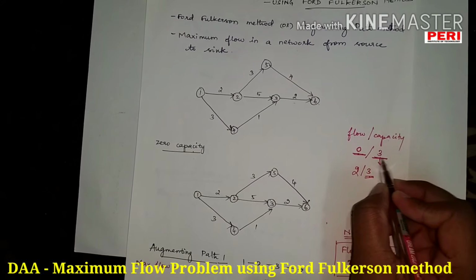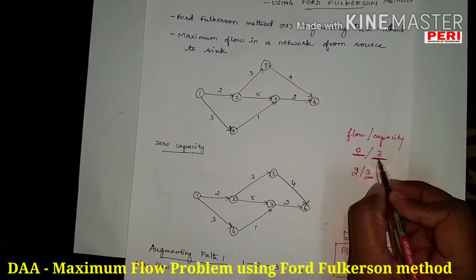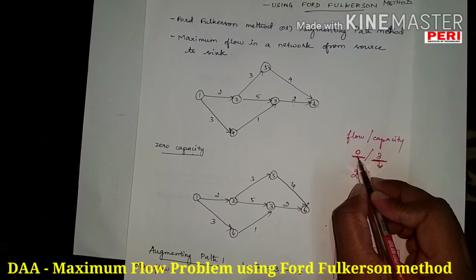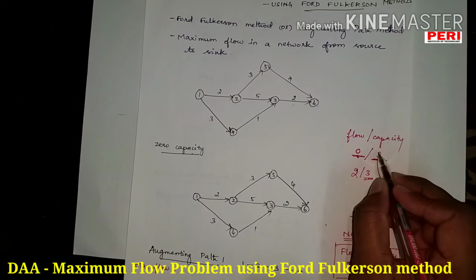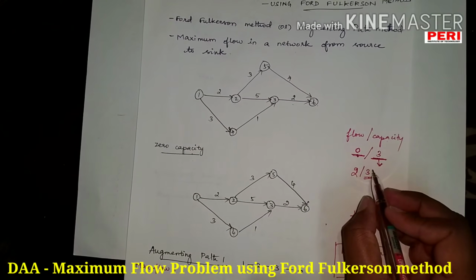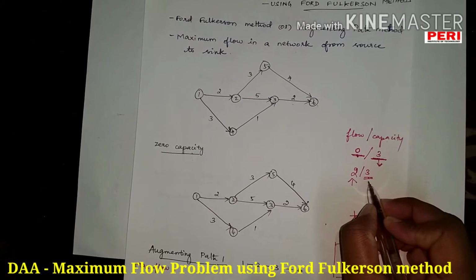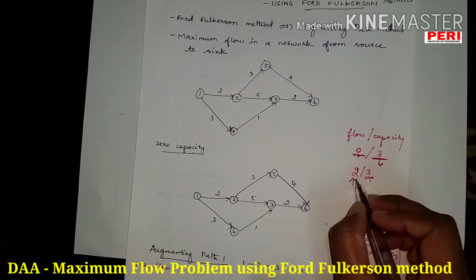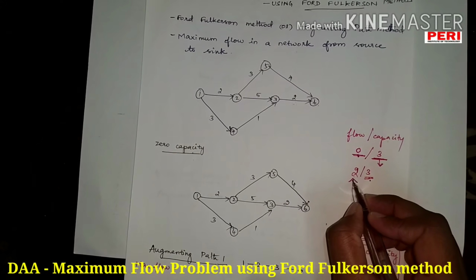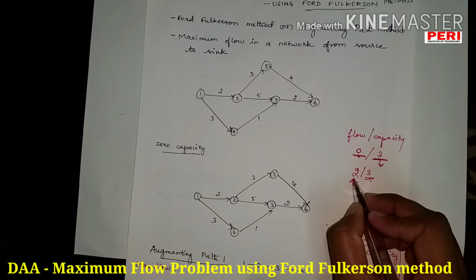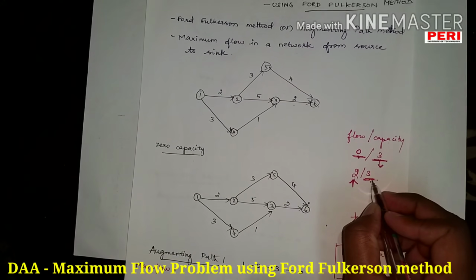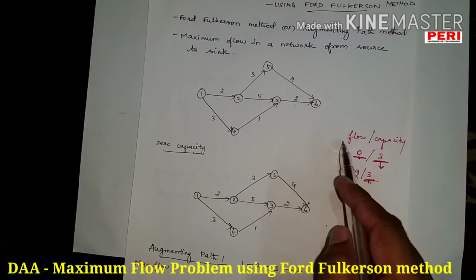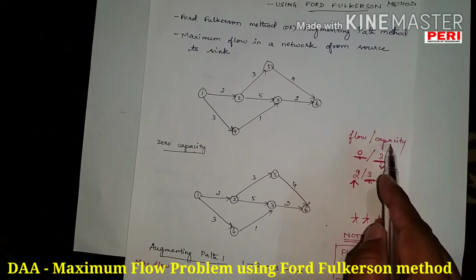Say for example, the maximum capacity is 3 for a particular edge. If nothing has been transmitted, I will specify it as 0. If nothing has gone through the path, I will specify it as 0 by maximum capacity. Say for example, I am passing 2 liters of water over a pipe of 3 liters capacity. In that case, I will write it as 2 by 3, which means that 2 liters of water has been passed through the pipe of maximum capacity 3 liters. When you solve the problem, you will understand. Just note the representation here, flow / capacity.